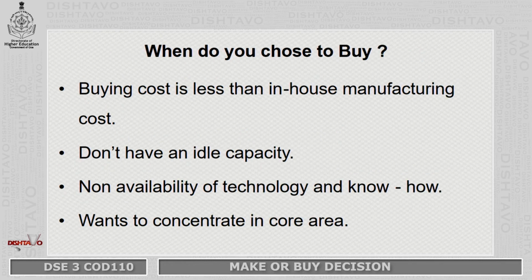the product in-house. Now, another option is whether to buy it from outside. The first one I told you: if the buying cost is less than the manufacturing cost, then you can go ahead with buying the product, but at the same time you will also look for other factors. These factors are, for example, you do not have an idle capacity, your capacity is running at full, you are manufacturing at 100% capacity, so there is no point in choosing to manufacture a product. At the same time you do not have the availability of a new technology or know-how which is required, and skilled manpower is also not with you, and you want to concentrate on your core area. Okay. So, in that case you will take a decision to buy.